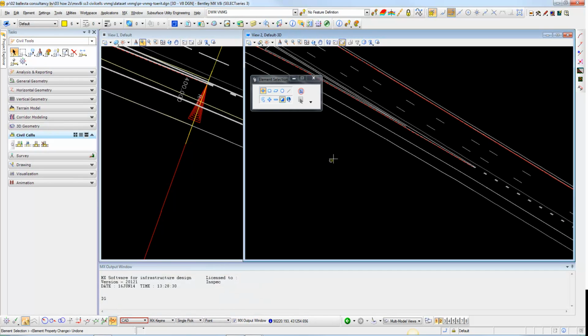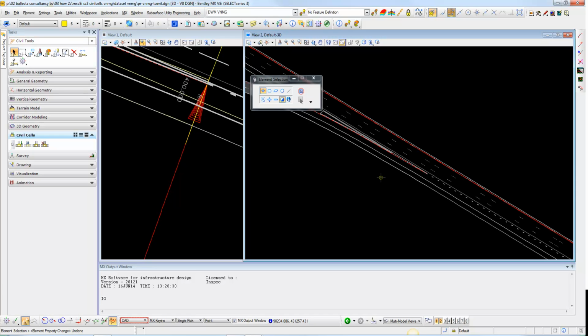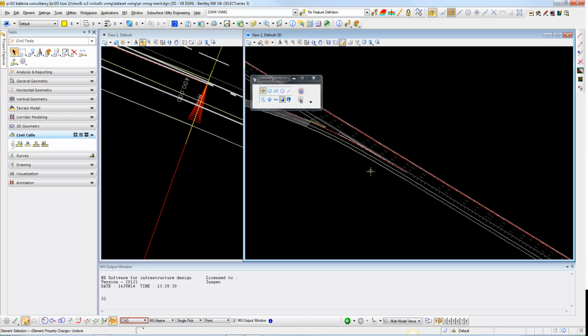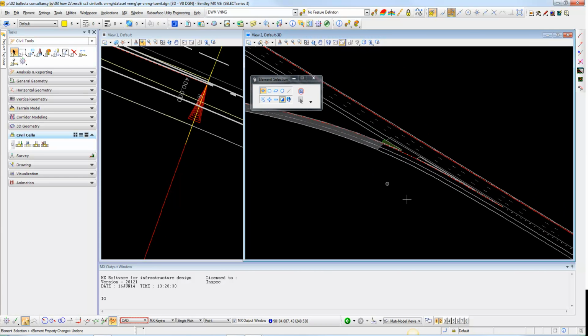So when creating CivilCells, and I will do another video on creating them or manipulating existing CivilCells, you can place other rules in them, and this will